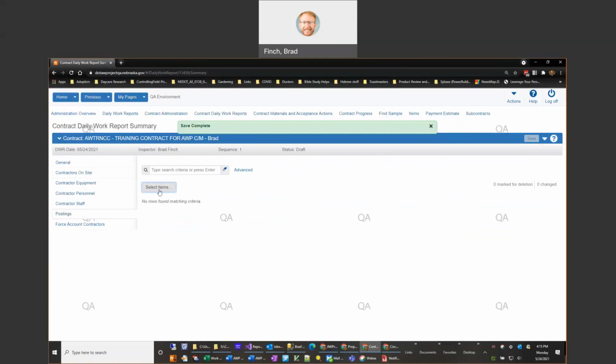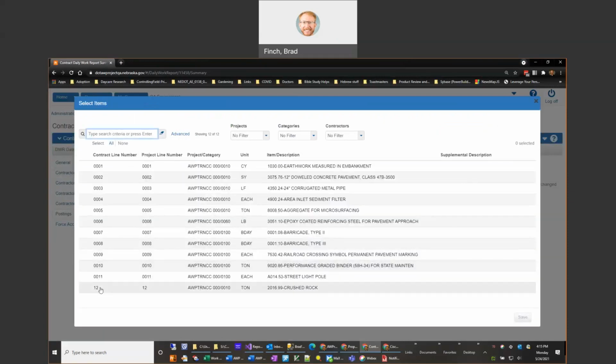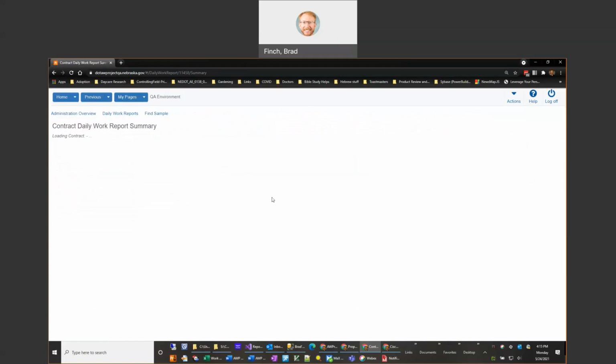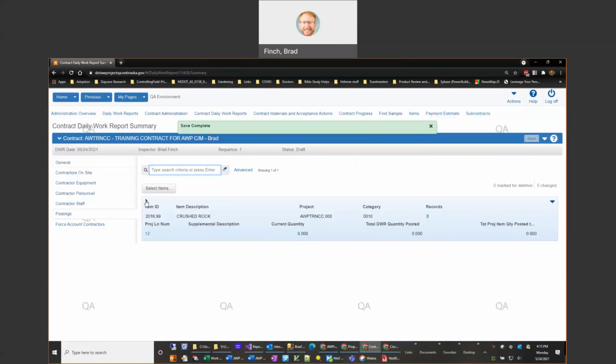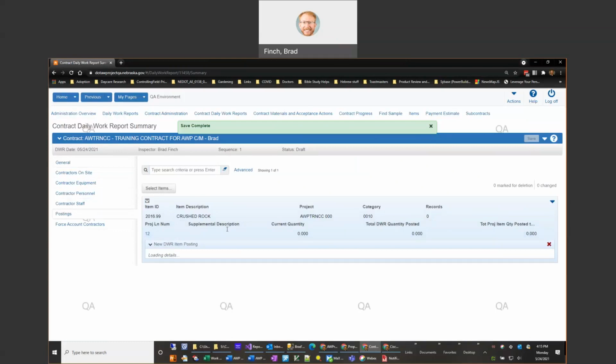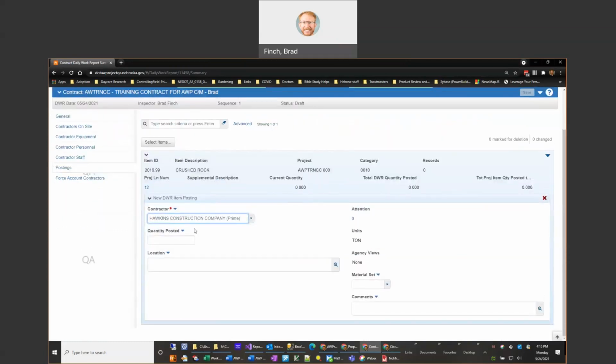And now when I select my items for my DWR, I will see that I have an unattached item down here. So you can recognize it. In this case, I've got a 12 on here, but you will have to be able to take a look and recognize which item that is. But now I can select that, save, and once it's added here for my posting, and in this case, I'll select Hawkins. I can actually post quantity against that,